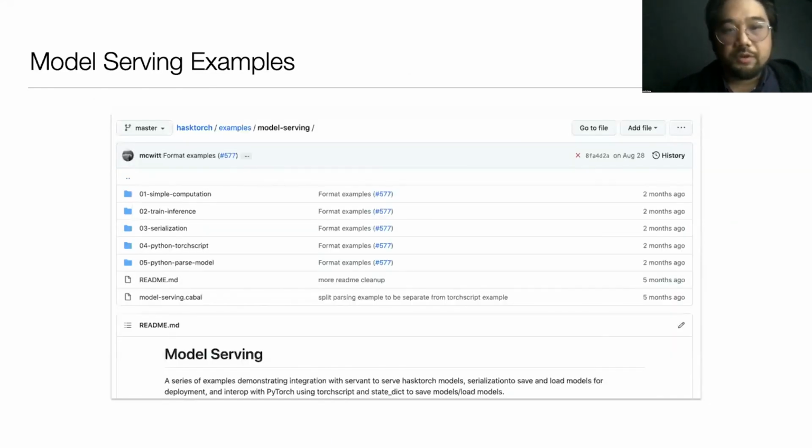If you're interested in integrating models into APIs and building applications around them, you can take a look at this small mini tutorial series under examples, model serving. There's a sequence that goes through some of this in more detail.